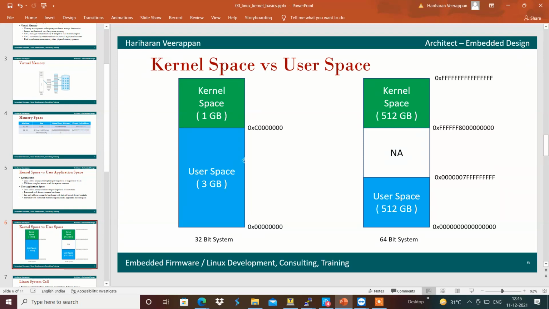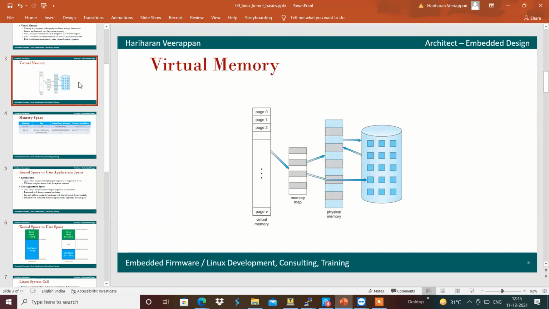Where is it present? Actually, it will not be present anywhere; it is virtually treated. If there is 512 megabytes of memory, the rest of the things will be handled in the storage space.